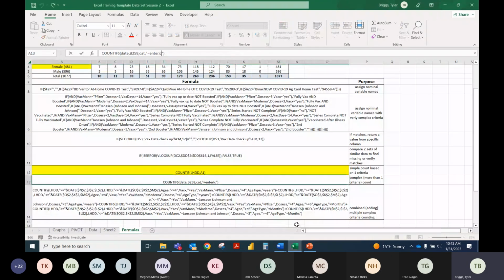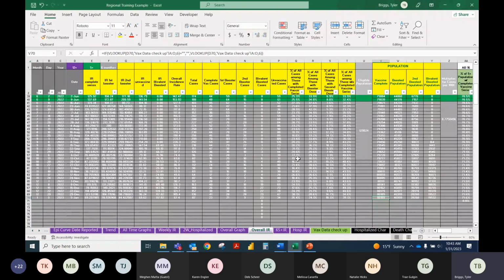So to show you something where this becomes more applicable, besides just counting, you could have your number of males or females between the ages of 5 and 10. You can have it calculate how many individuals received certain vaccines. This is a great way to get rapid frequency distribution data. And the more complex it gets, the more applicable it becomes to do a formula as opposed to a pivot table. So looking at our